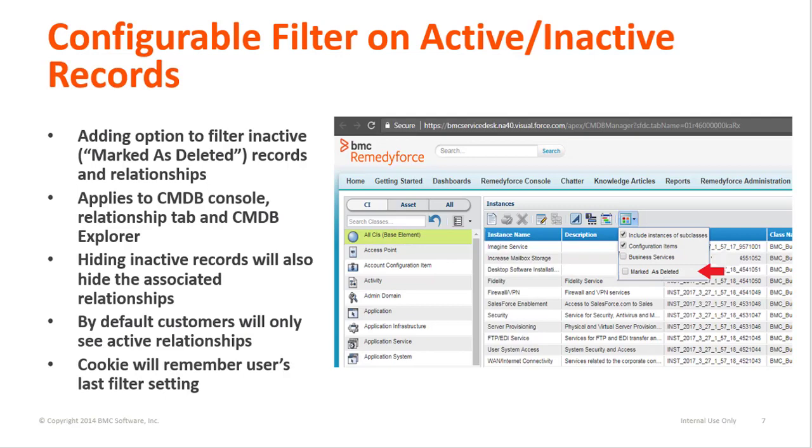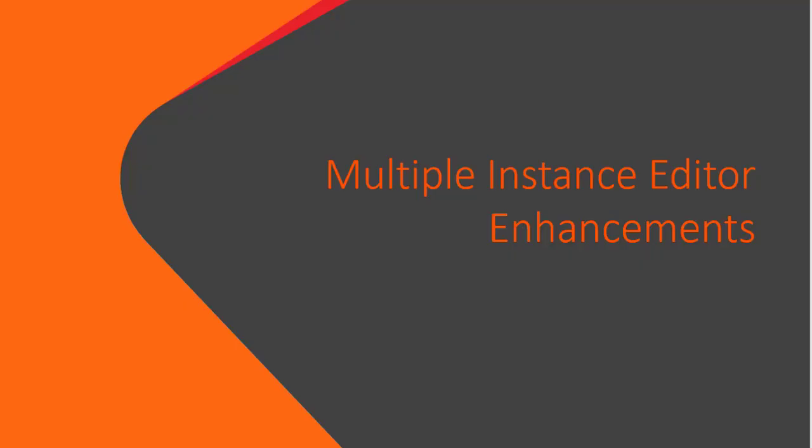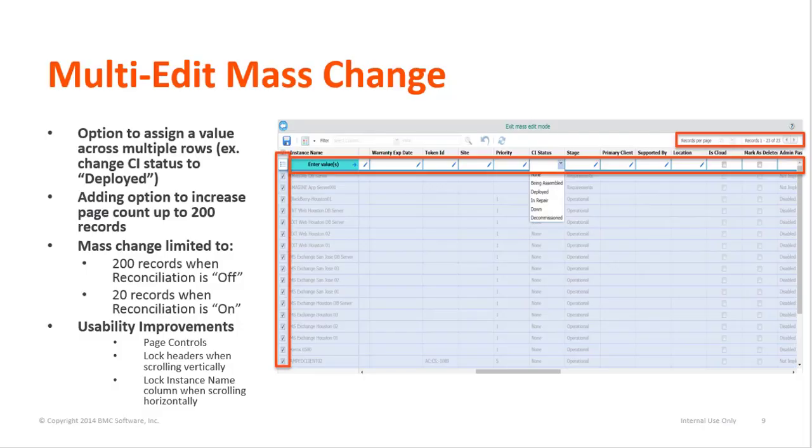The third item is the multiple instance editor enhancements. And as I mentioned, the big enhancement here is around the addition of a mass change capability. So in the screenshot, you'll see two key things. On the left-hand side, you'll see checkboxes giving you the ability to select all rows or multiple rows or a subset of rows. And then along the top, there's a new header where if you select one or multiple rows,